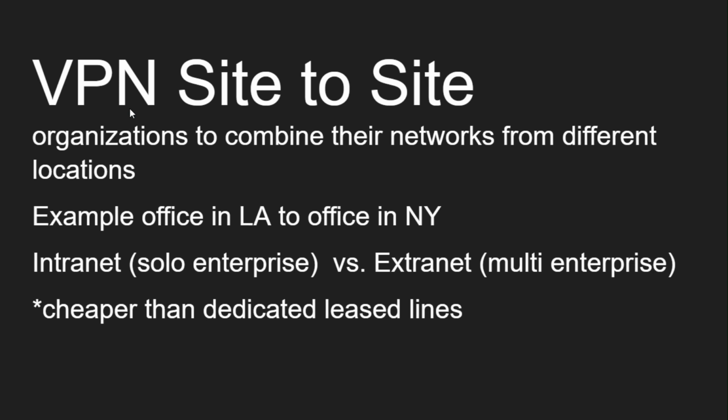This right here would be considered for a large enterprise corporation. So this is something, if you have an Amazon office out in LA and you have an Amazon office out in New York, and you want to go ahead and share resources and keep your information private, this is something that you would technically use, or something along these lines, a virtual private network that would be considered site to site.